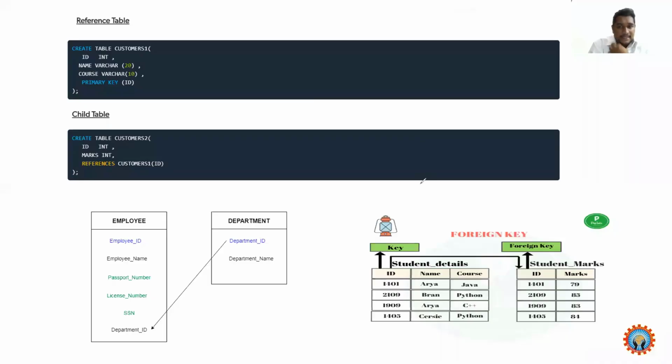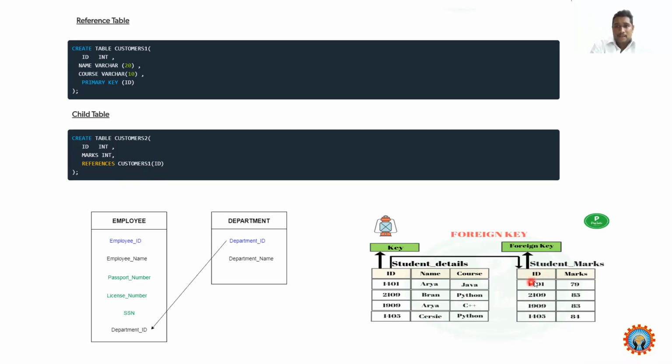But see, this is an example of how we create the structure of two tables called customer 1 and customer 2, so that we use one student details table with ID, name and course here, and another one with ID and marks. So whatever you are taking, this one is a primary key of this relation, and this is the reference key or foreign key for this relation.